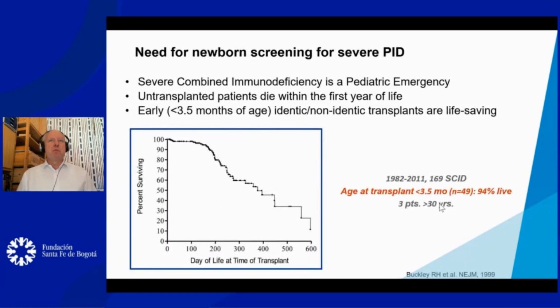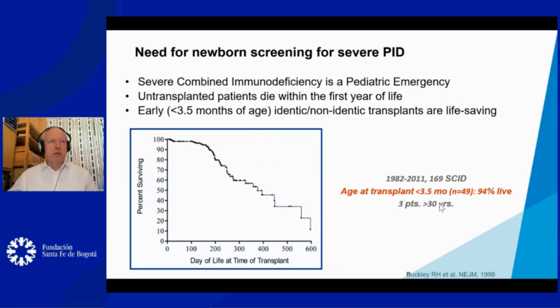Because primary immunodeficiencies are very common, there is a need for newborn screening. Severe combined immunodeficiency is a pediatric emergency, and untransplanted patients die within the first year of life. When we transplant bone marrow early to these diseased children within the first 100 days of life, this is really life-saving. Here you can see in an older publication from Buckley and co-authors that